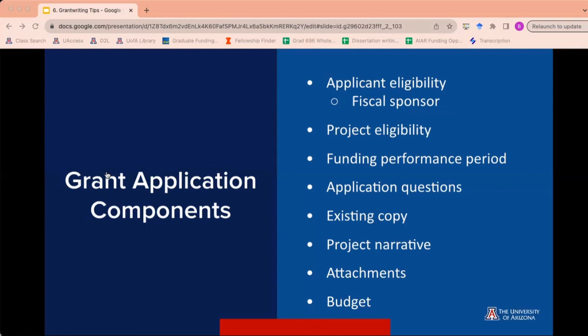Nearly every grant application has some kind of narrative, and that just means the section where you give a general description of your project or intended use of the funds. Those you'll want to think about: who, what, where, when, why, how many, how much, how often, all of those kinds of things. So a project narrative that is both specific and succinct might say something like, for my project, I intend to offer